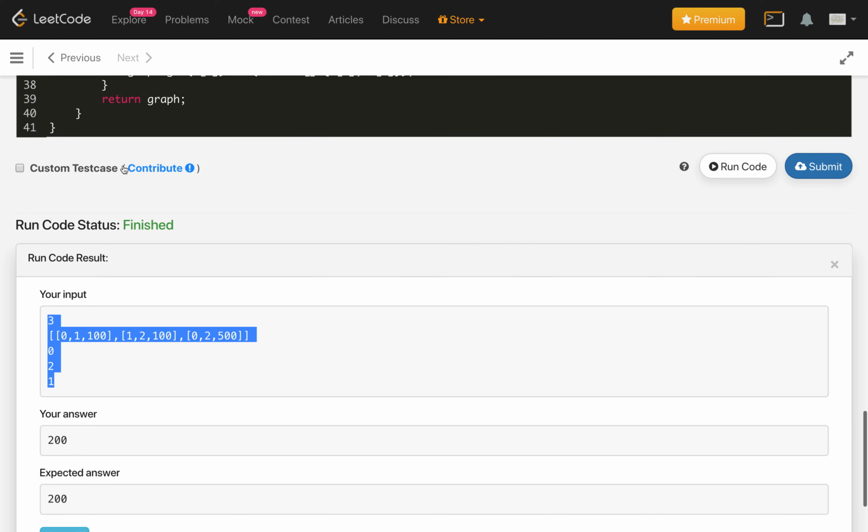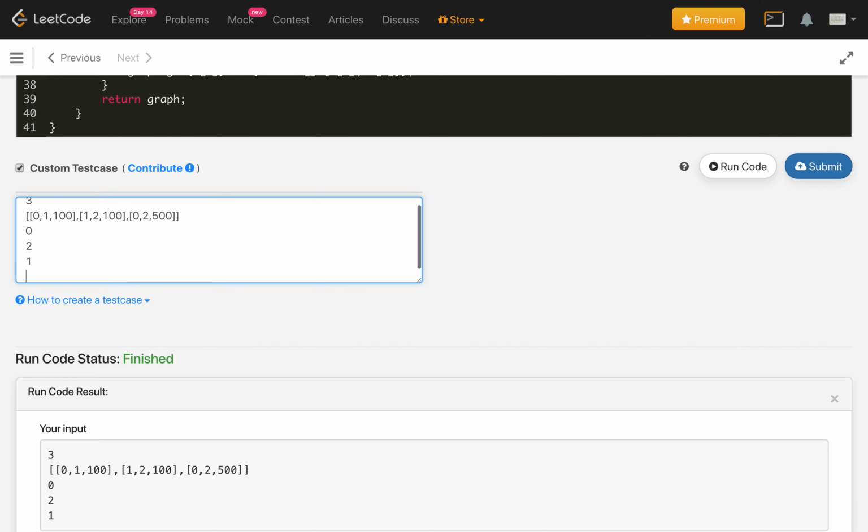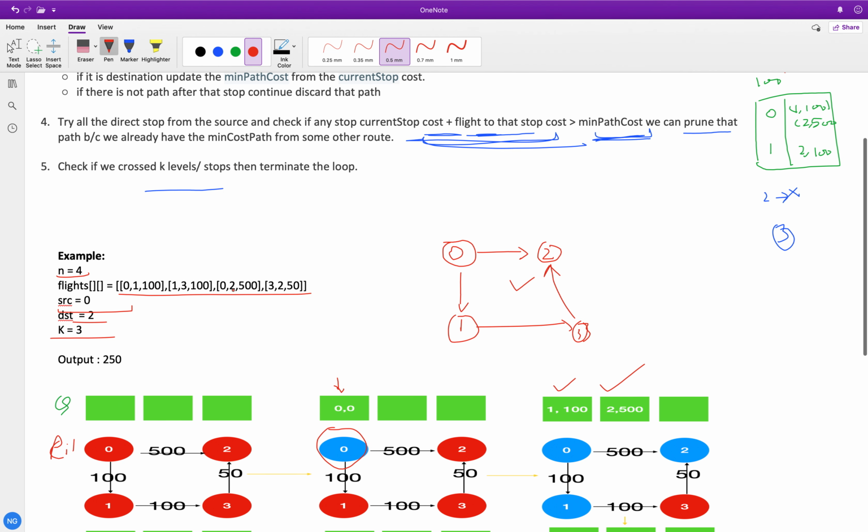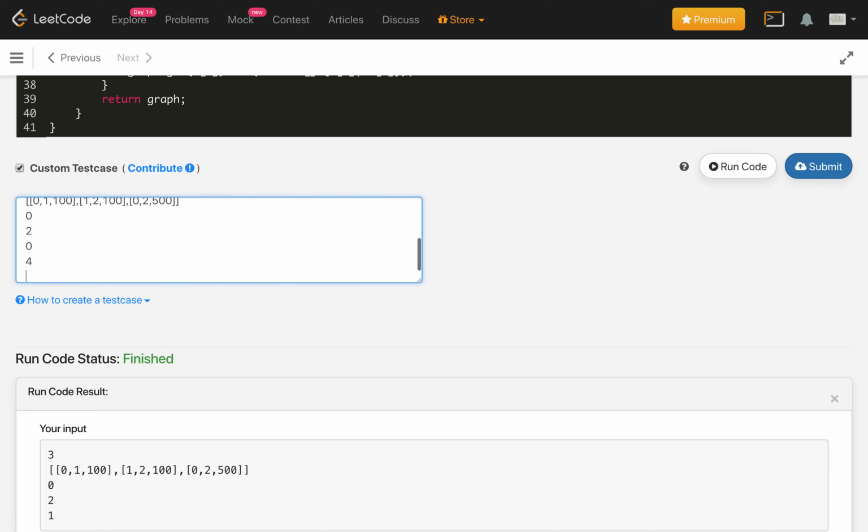Let's check another custom test case, the second example, with source 0 and the example we used here, this one with 4 nodes. So we have 4 cities and a graph, let me take reference of this here. Let me update: 0 to 1 is 100, 1 to 2 is not there, 1 to 3 is there, which is 100, and then 0 to 2 at 500 is still there, and there is another direction from 3 to 2 at 50. So these are the flight details.